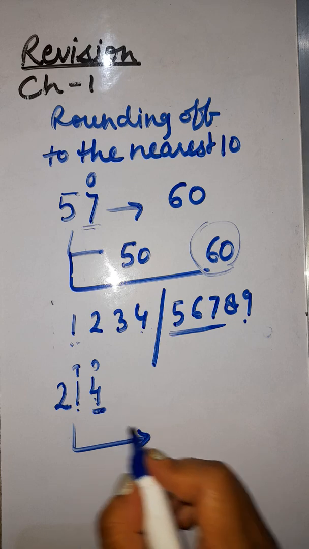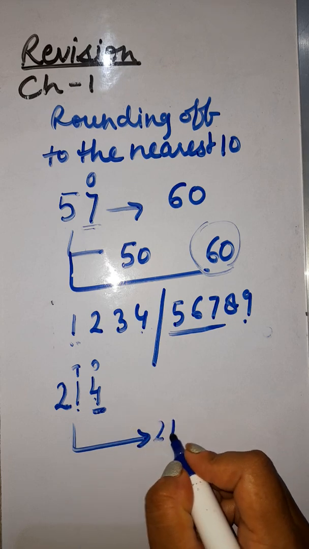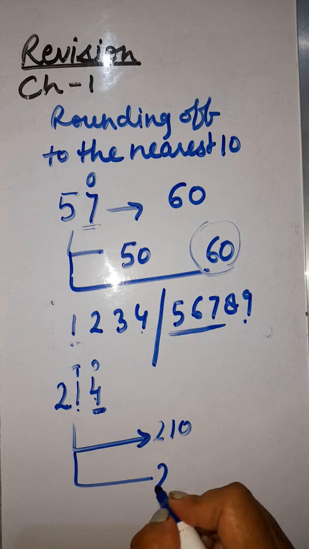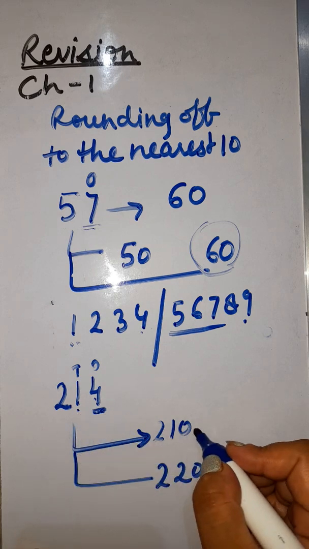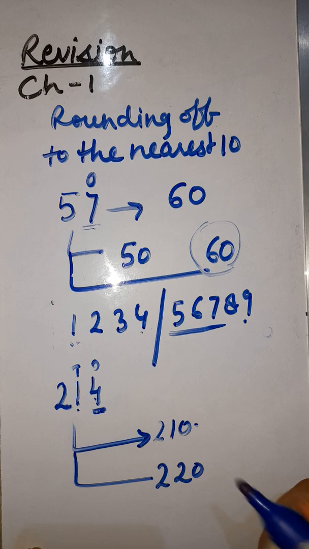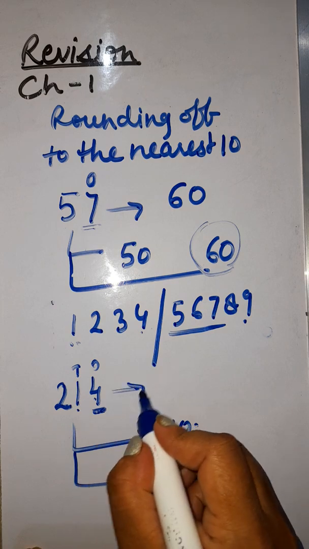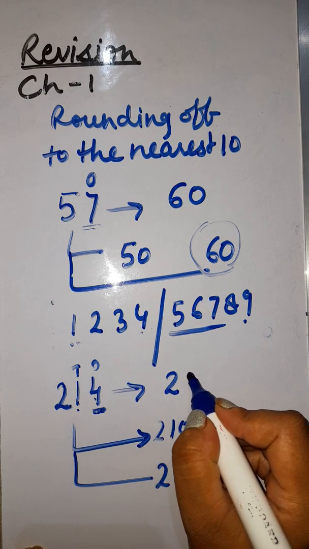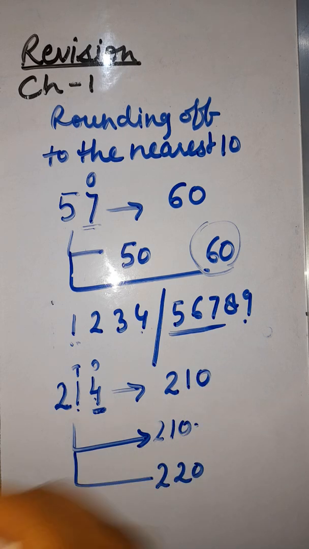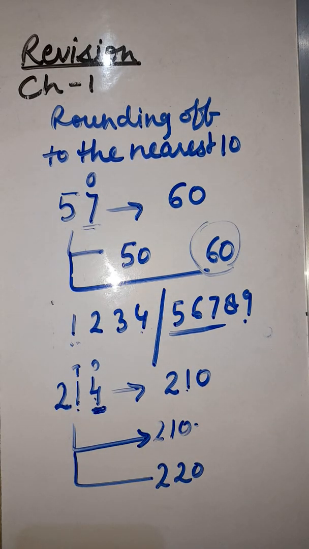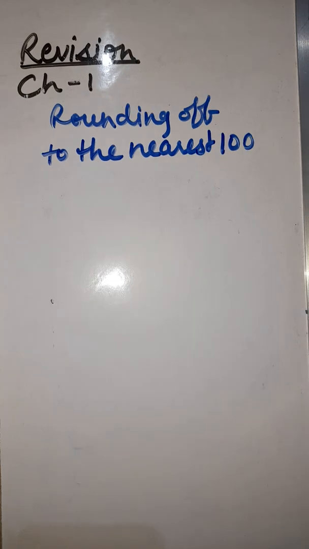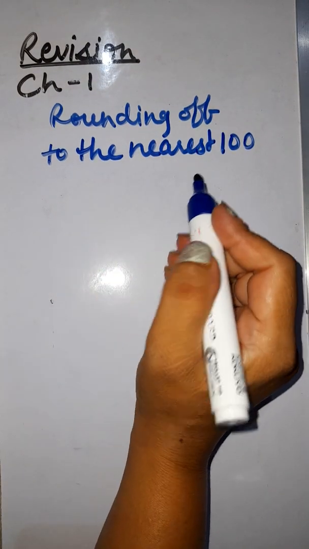the multiples of 10 are 210 and next is 220. Multiples of 10 के 10 और 20 के बीच में हम देखेंगे. So 214, 210 और 220 के बीच में आएगा. Yes, rounding off 210 because it is smaller. ओके, स्मॉल नंबर तो ये डिजिट सेम रहता है और ये कन्वर्ट हो जाता है आगे के नंबर्स. Understood everyone? Okay, next is rounding off to the nearest 100.